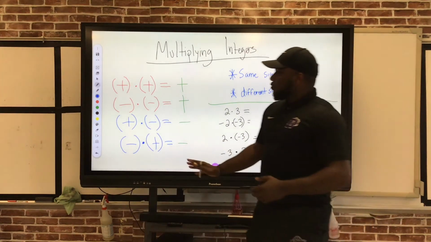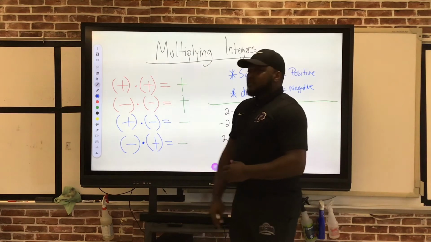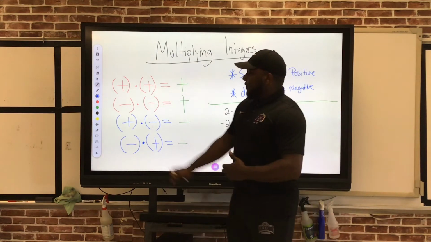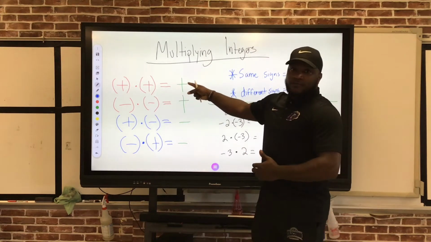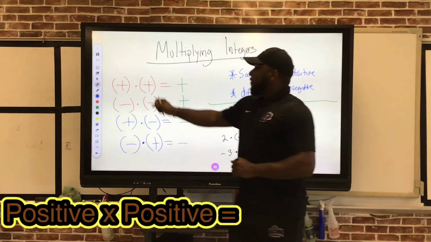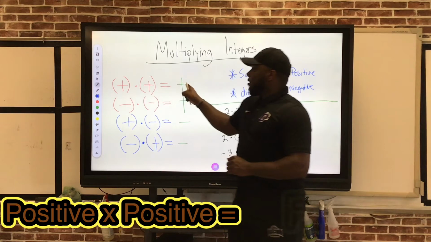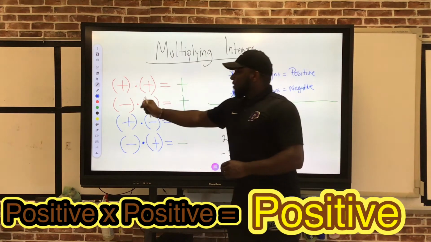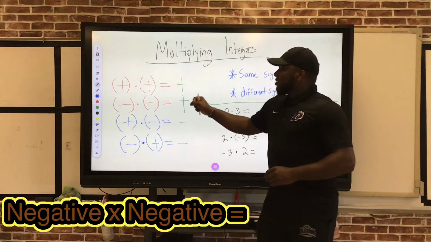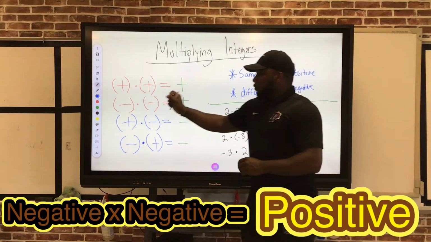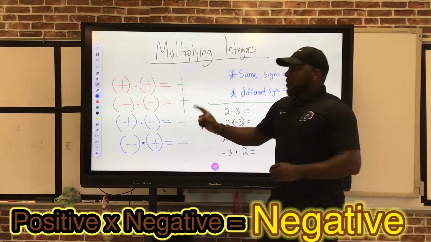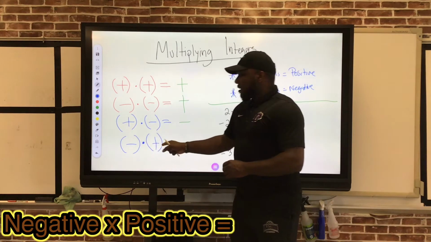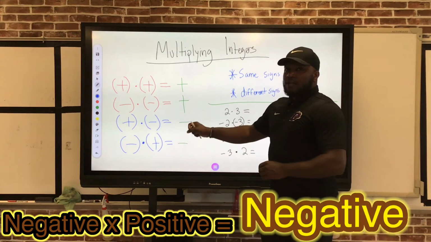And I gave you the rules, all right? So, kings and queens, make sure you copy these rules down. If you have a positive times a positive, your answer is going to be a positive. If you have a negative times a negative, your answer is going to be a positive. If you have a positive times a negative, your answer is going to be negative. And if you have a negative times a positive, your answer is going to be, you got it right, a